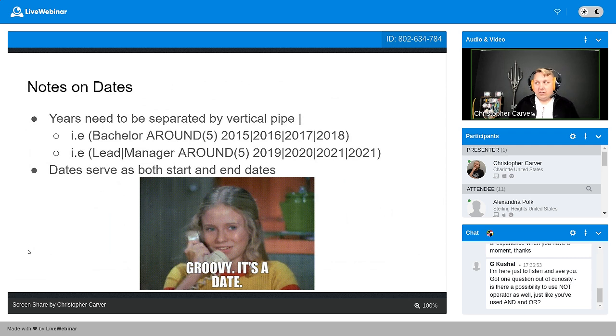If you're not using a degree, use an applicable job title, right? If I need someone who has 5 years of management, or 1 year of management to be in this role, and they need other years of experience, I would use lead or manager around 5, and then dates. The reason I do this,